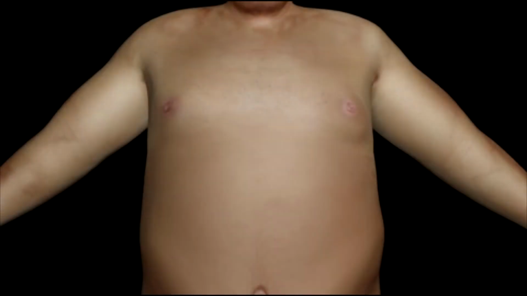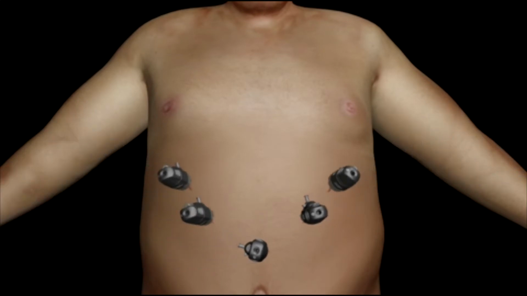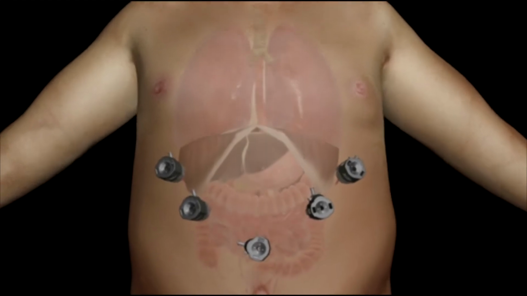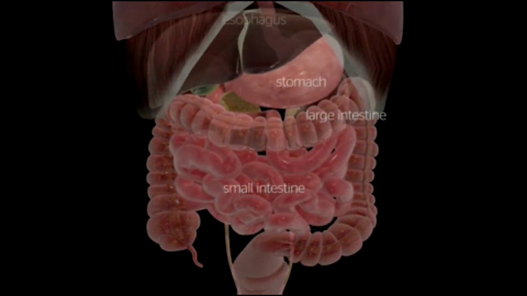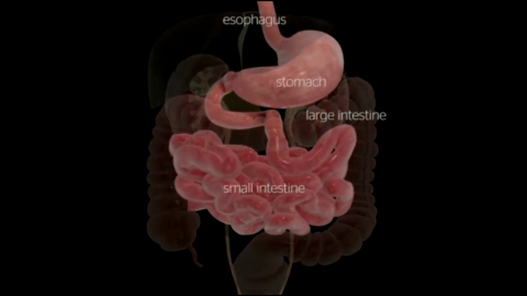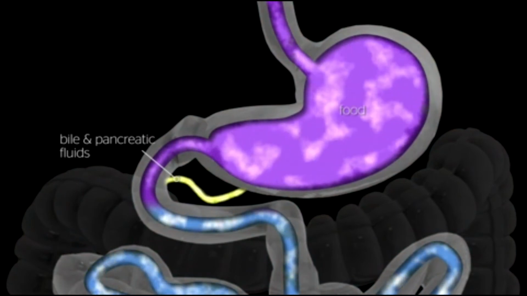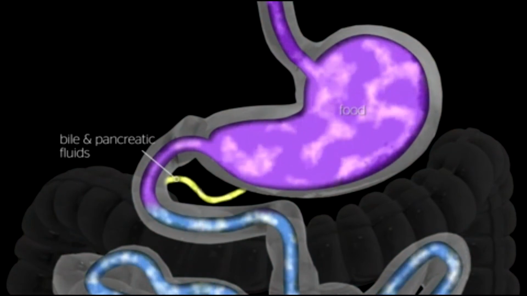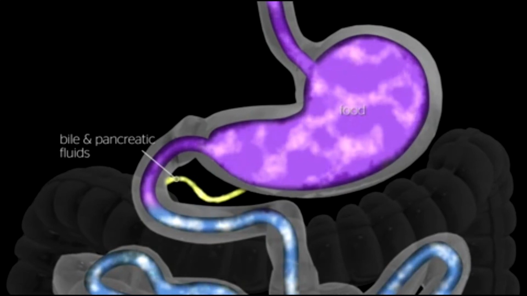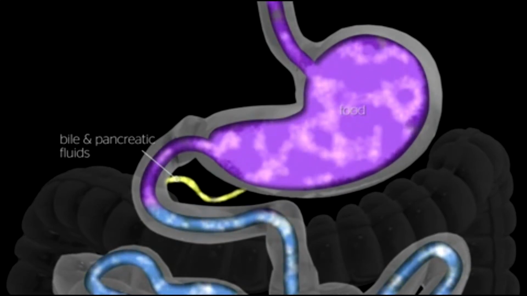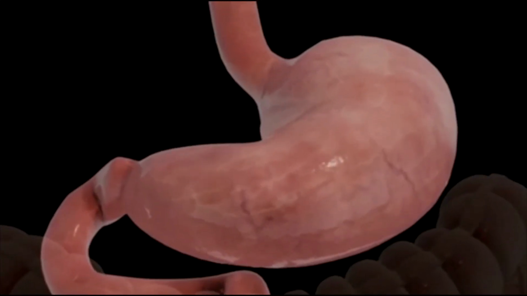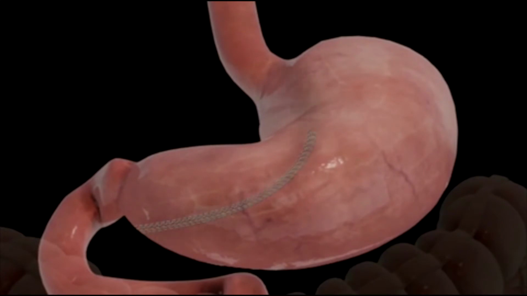To access the abdominal cavity, small incisions are created. Trocars are placed to serve as passageways for surgical instruments. The surgeon examines the abdomen using a laparoscope or video camera. The average human stomach can expand to hold around 1 to 1.5 liters of food. While in the stomach, food is combined with digestive enzymes. These help break the food down into a simpler form so that it can be digested more easily and absorbed in the small bowel. During a sleeve gastrectomy, a thin vertical sleeve is created by using a stapling device.